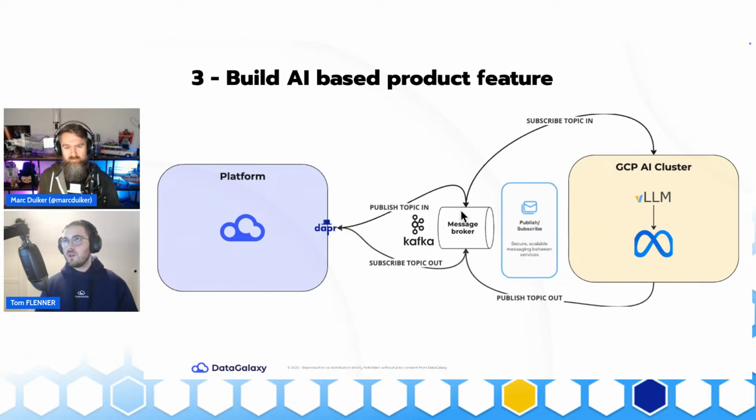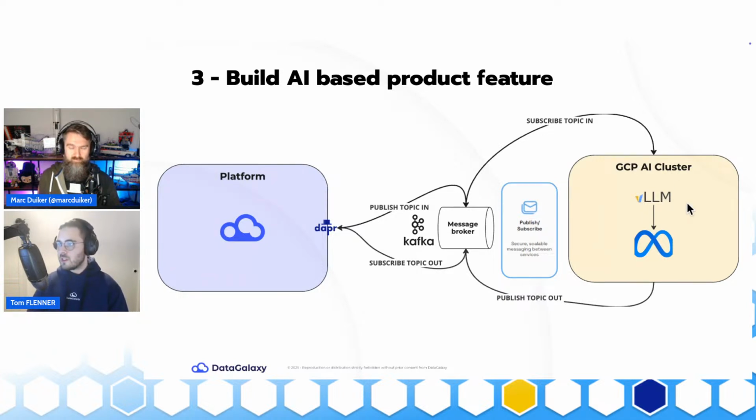So when we start a batch translation, so we want to translate the whole platform at a point of time, we are starting to gather data from the platform, so retrieve all metadata, all values that are translatable, for example, text, things like that. We are publishing a message per translation in a topic in. Our GCP AI cluster, which is something central, gathers the data from this topic, do his own thing, because this part is handled by the data team, data and AI team.